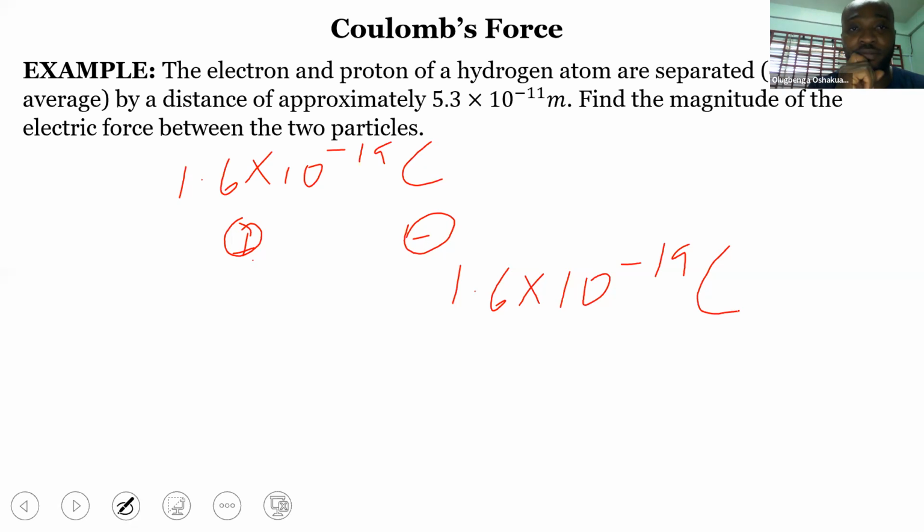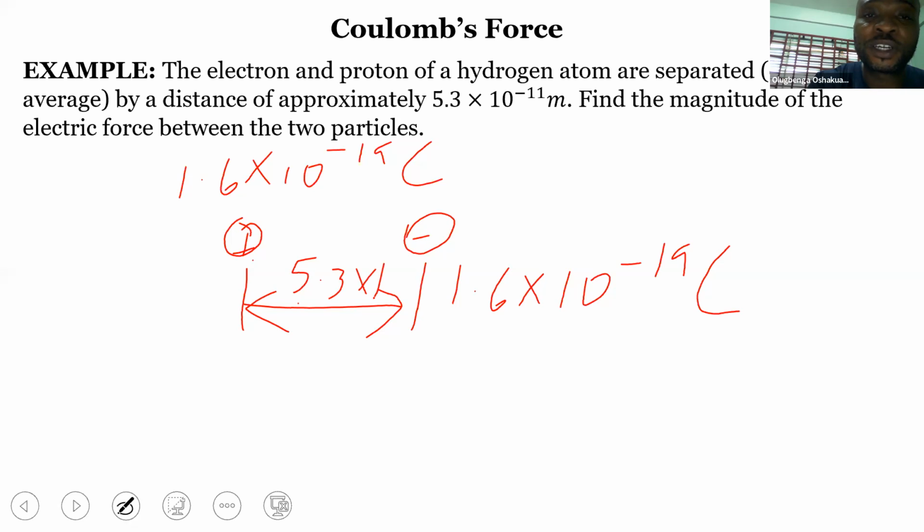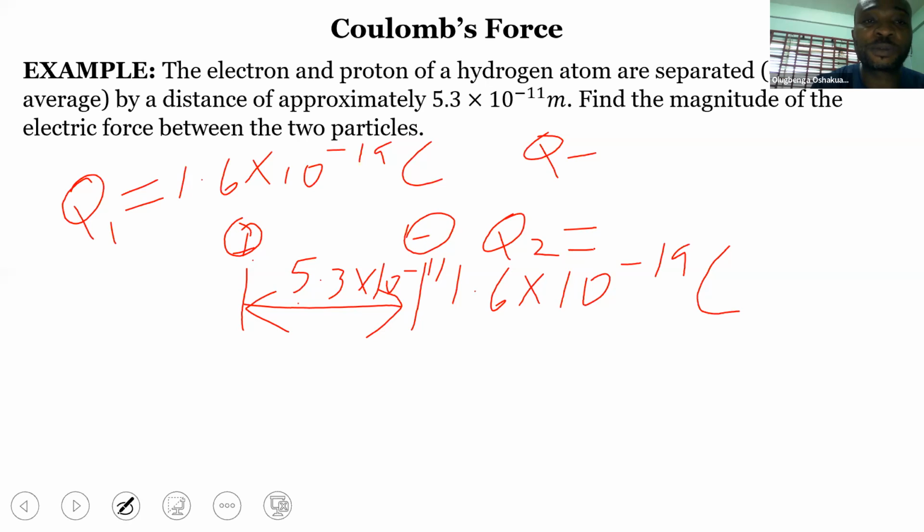And the distance of separation between the two charges is 5.3 times 10⁻¹¹. So Q1 is equal to this, Q2 is equal to another 1.6, and R is equal to 5.3 times 10 power minus 11